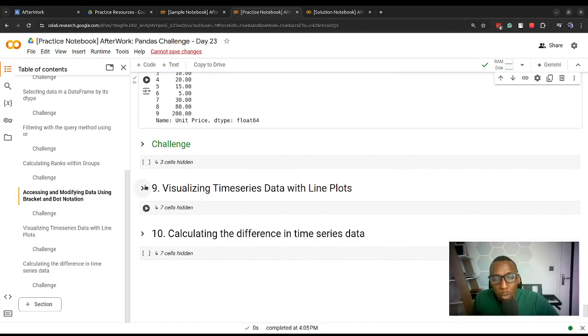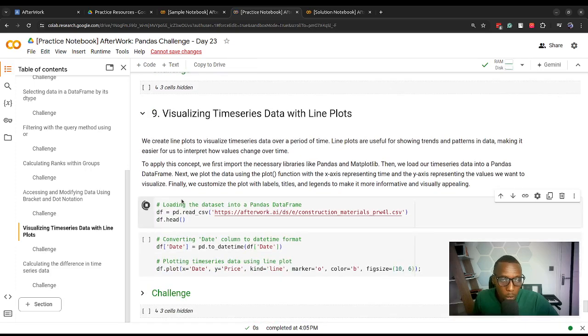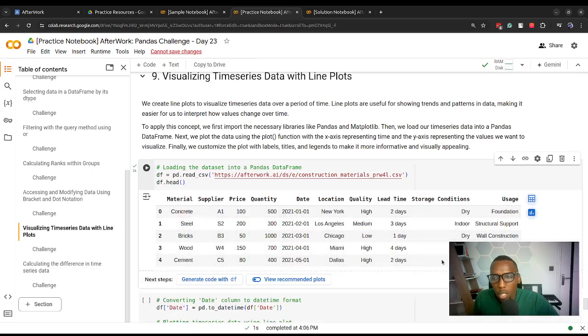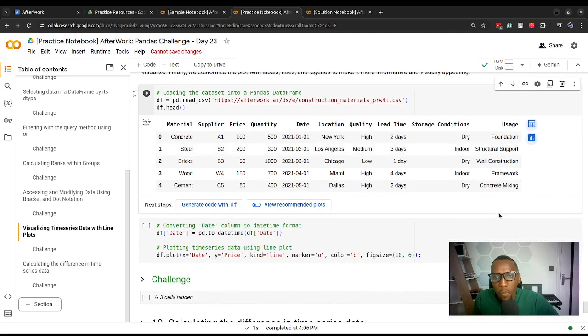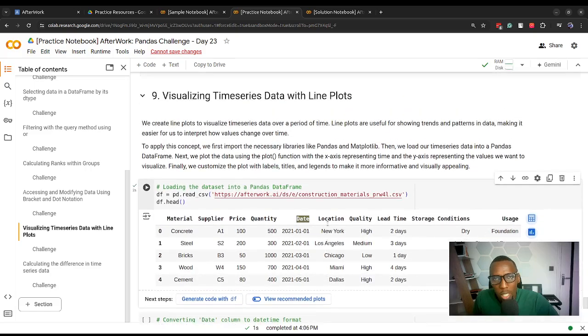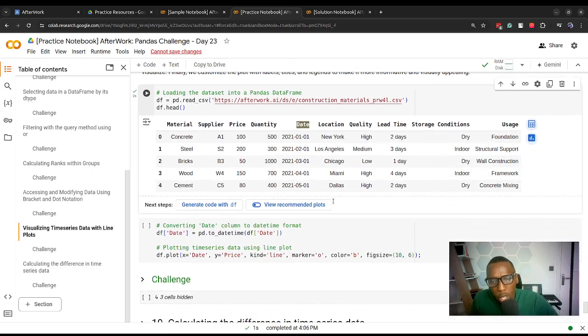In some other cases, we are working with time series data, so data that contains some time component, such as the one that we're going to see here. Assuming that we had this particular data set that contains date information, we could create a time series plot that gives us information about trends, or how other numerical values change with respect to time. So assuming this is the data set and we want to work with the date column, we would first of all need to